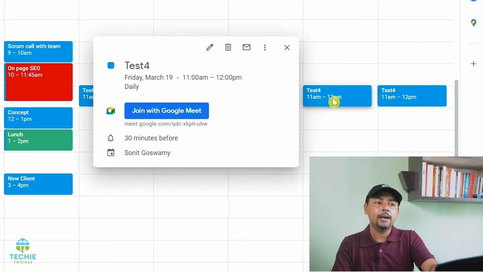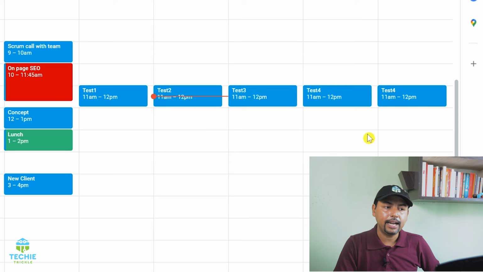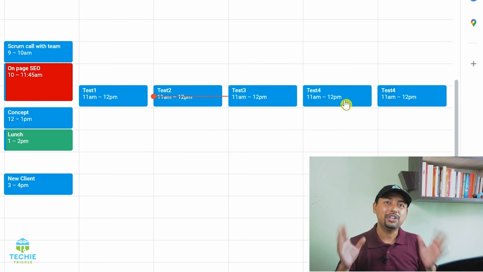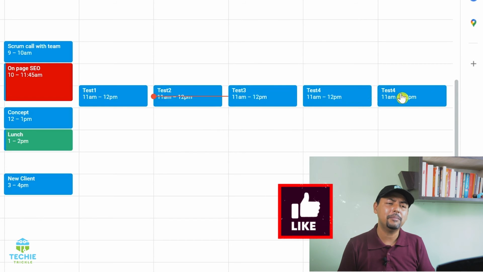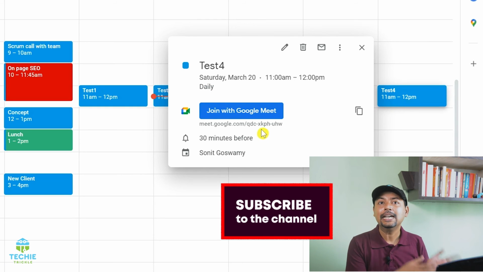But if you look closely, the code is again the same. It's QDC for test 4 for Saturday, and for Friday you would see it's again QDC, and I do not know if that works. So that is what I would want you to test out and let me know in the comments if that worked, or the option that I actually showed you worked.